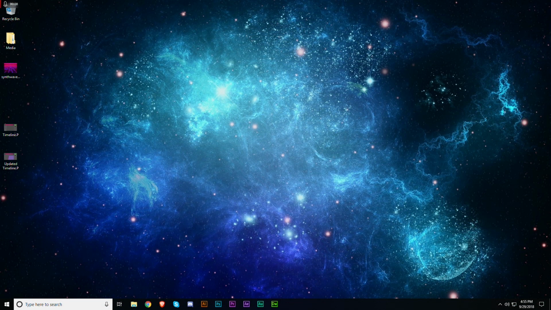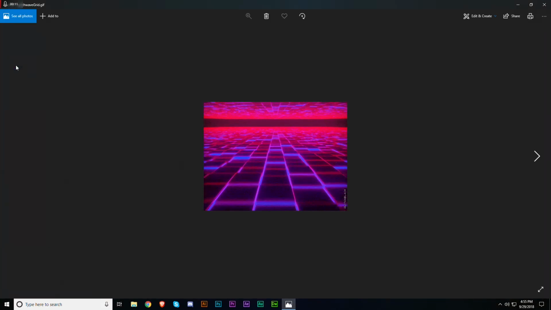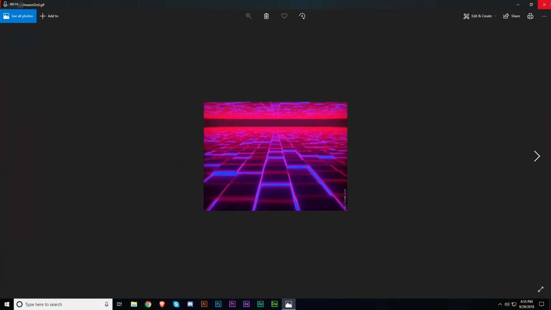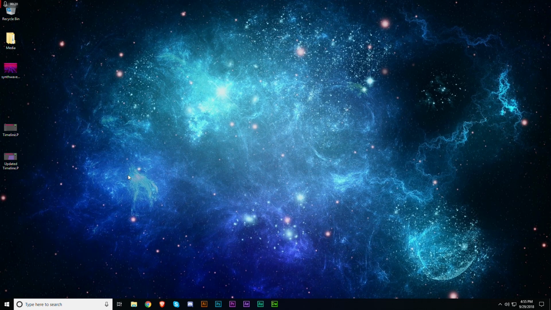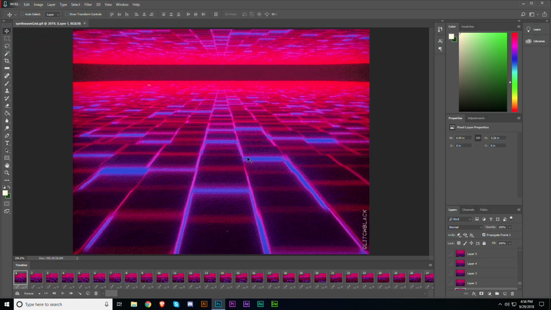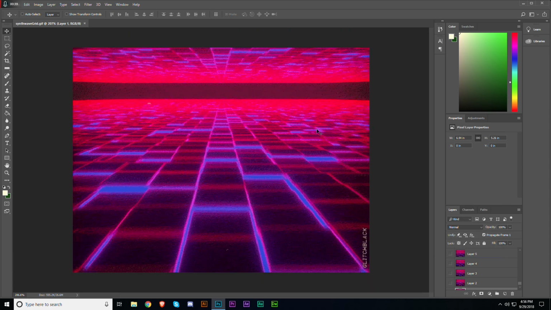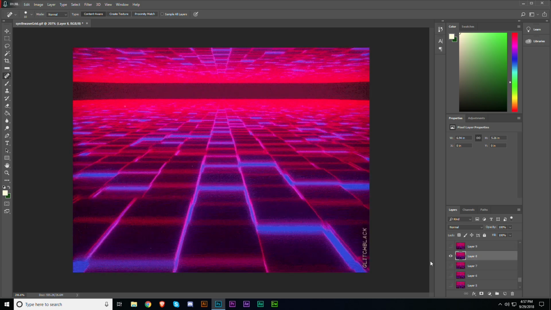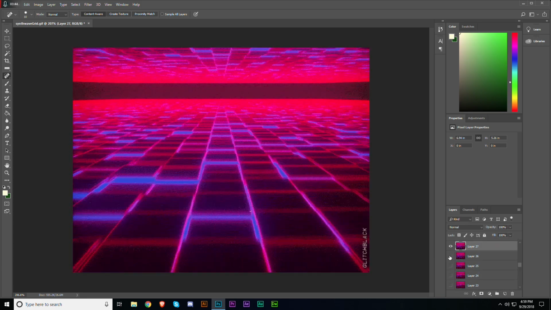This is how to edit an animated GIF in Photoshop and how to fix it if it doesn't run after you export. I have this GIF here and I'm going to open it up in Photoshop. Ignore the timeline at the bottom for now, we'll get back to that. I'm just removing a watermark so you can see me going through every frame with a spot healing brush and